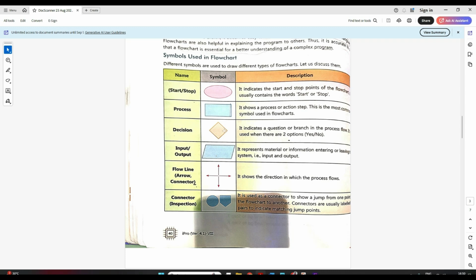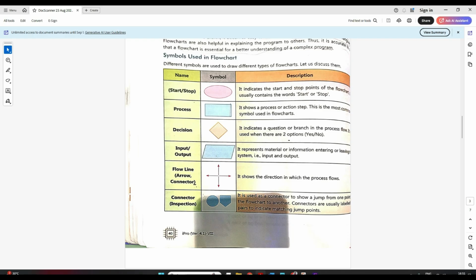Now we have something called the decision box also. What is a decision box? In many algorithms, you have to take a decision. For example, when we were comparing two numbers, we have to check if A is less than B. There can be two outputs here, yes or no, right? In these kinds of things, where we have to take a decision and the output will be either yes or no, we use the decision box.